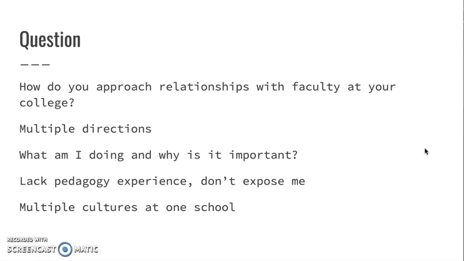For instance, they're teaching, they're advising multiple students. Some schools have them advising 40, 50 students in one semester. And then they're on committees, so their attention's very divided. So we have to be mindful and respectful of that. But they also want to know, what am I doing in the classroom that's working? And help them talk through it, and then why is it important?